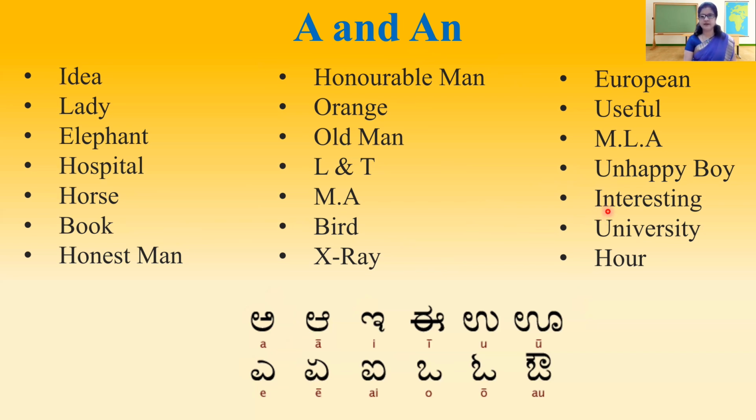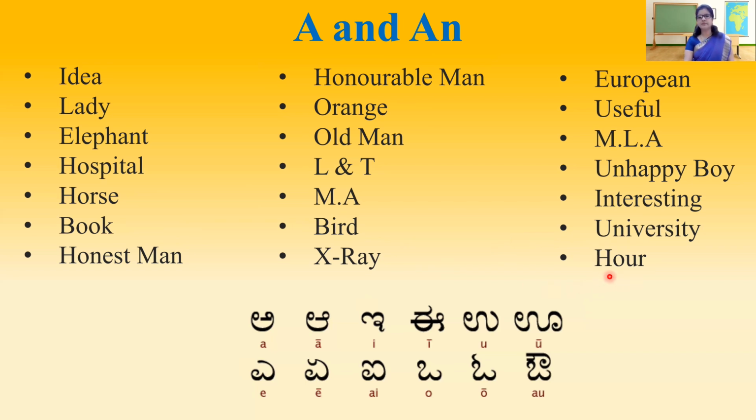Interesting. I is a vowel letter and it gives you a vowel sound. Interesting. University. Even though it is a vowel letter, it gives you the pronunciation ya, U. University. It is a university. Then